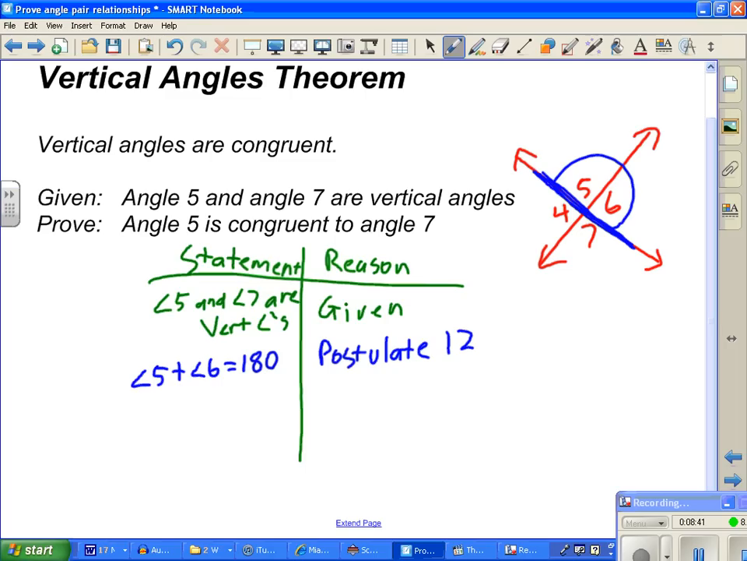Okay. And can't I also say that 6 and 7 are a linear pair as well? So angle 6 plus angle 7 equals 180 degrees. Postulate 12. And now, didn't we say back here, didn't we have a theorem